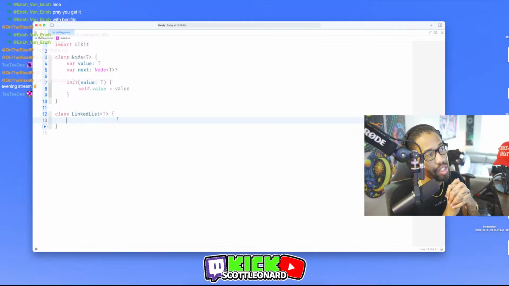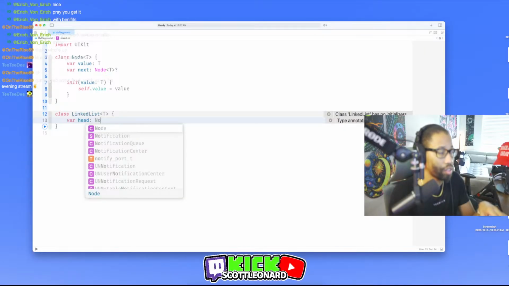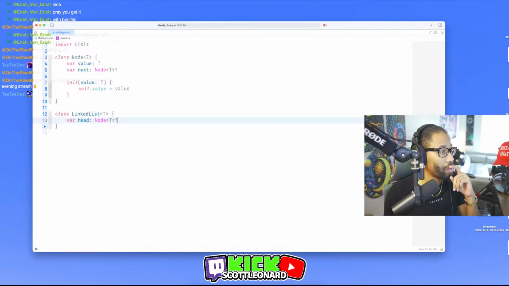Does this just have functions in it and no? Don't remember. I think var head is supposed to be, no T optional, right?